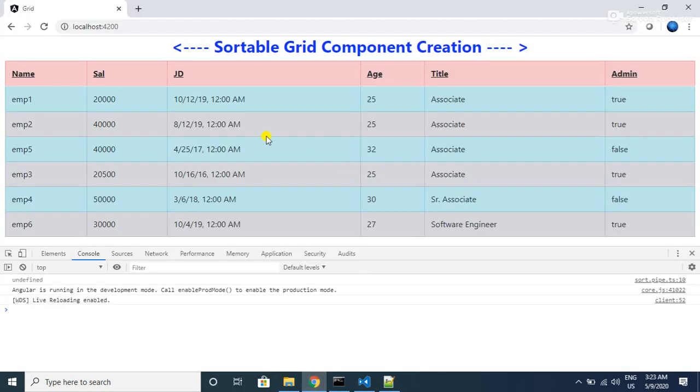Initially you see we have got undefined, because initially we have not sent any value. First it will be undefined only. Now I am clicking on age, and you can see age as the input parameter, and you can also see the data has been reordered by age. Let me click on JD, that is joining date. You can see the JD, and the data has also been sorted by the JD, joining date.